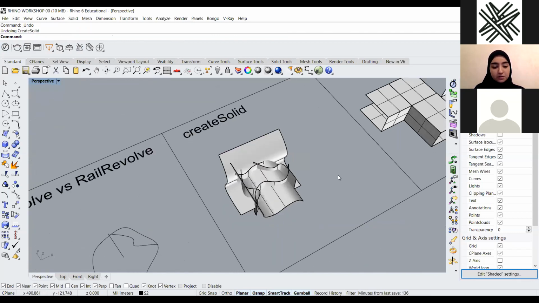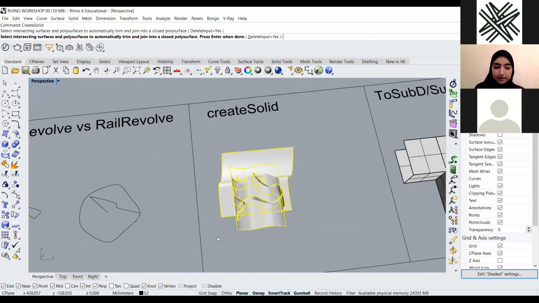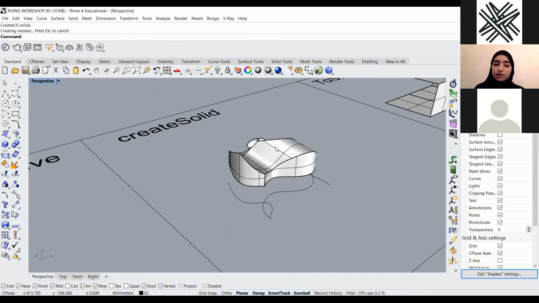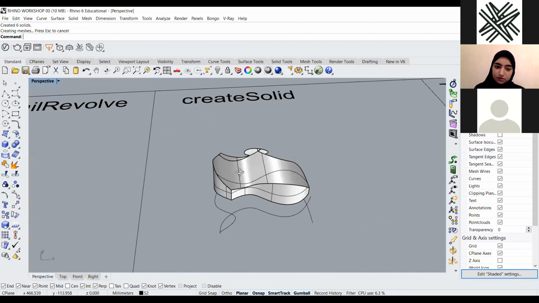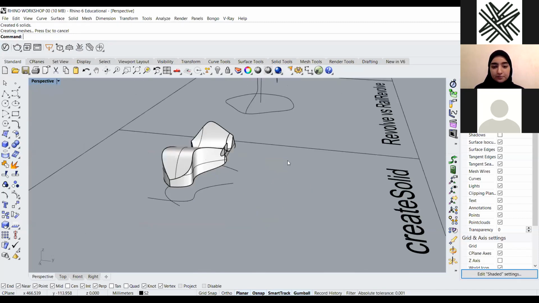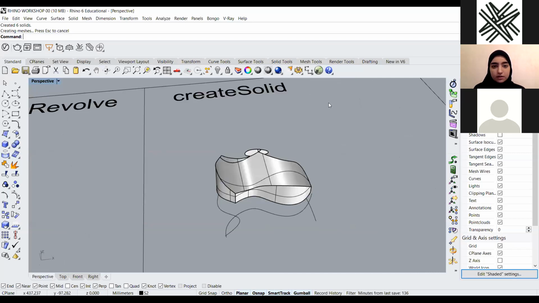One more time, create solid, select, enter. So now you have your solid that is a result of intersected planes. Okay. Next,